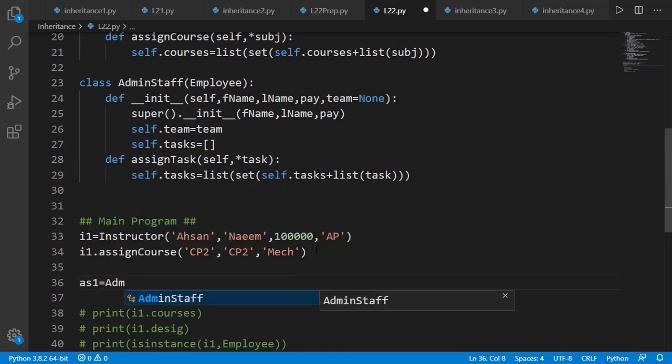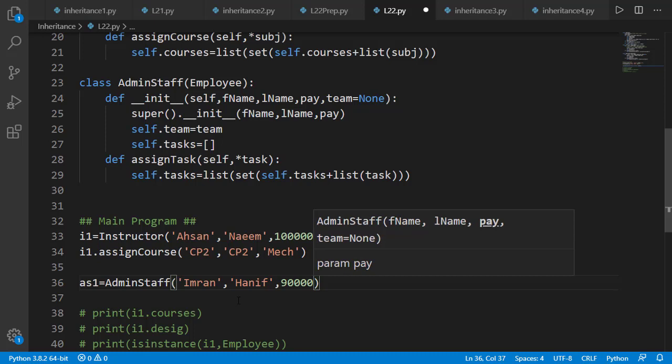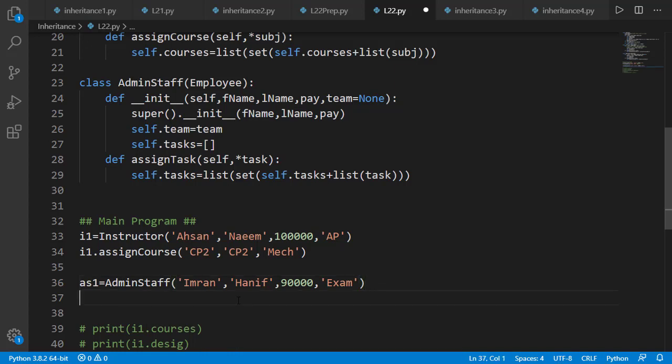We are creating an admin staff and the team is exam team. Suppose tasks are specified as different task codes.